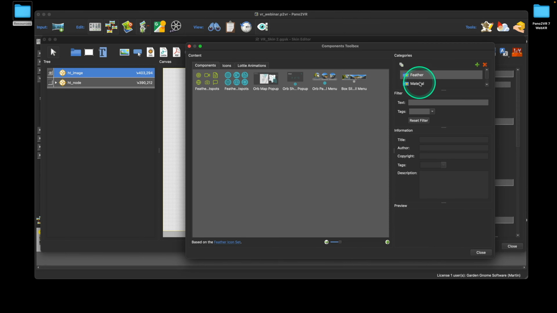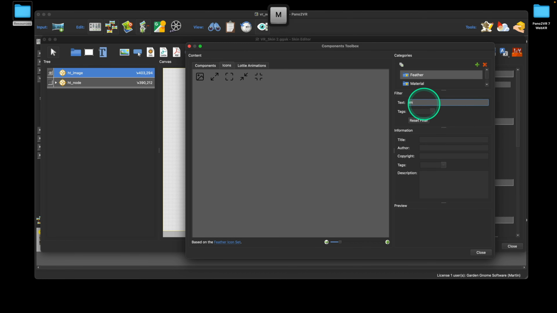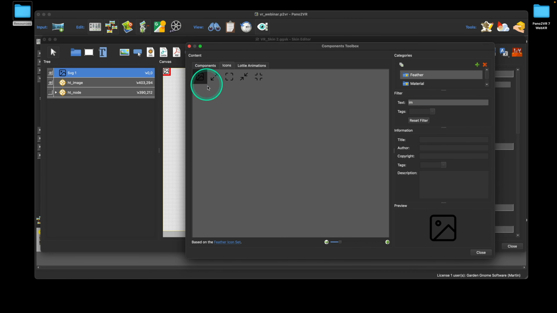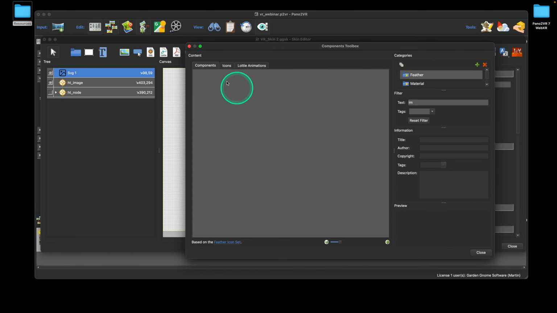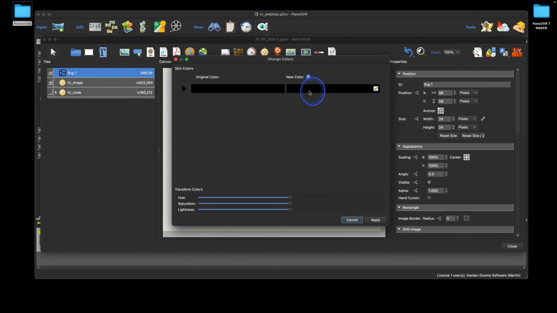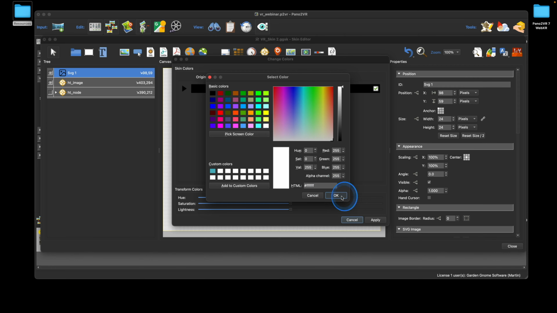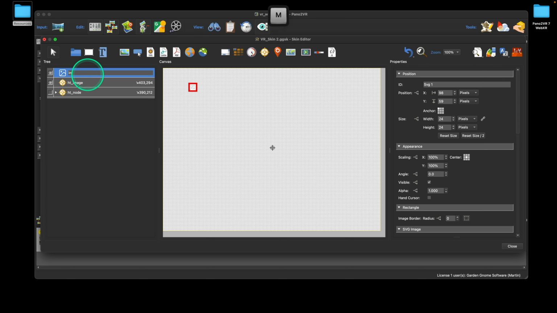I'll grab another icon. Let's just call this, I don't know, image. We'll grab that one, and we'll do exactly what we did before. I'm going to give it an icon. We're going to, oh no, tell a lie. I'm going to select the color tool and change that to white because I like that to be white. And apply again because they're SVGs and we can do that. So let's just call that image